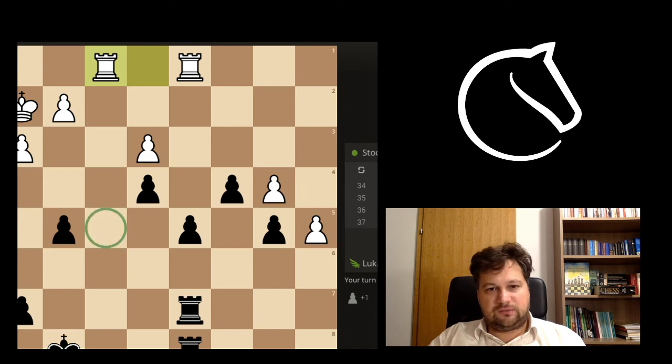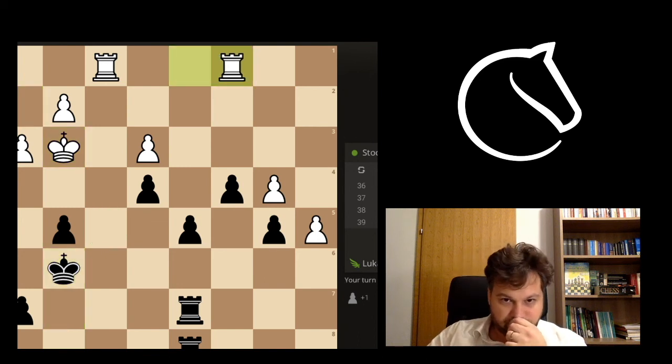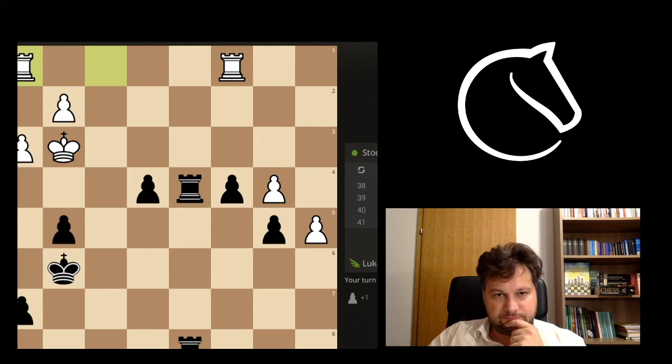I should engage my king to protect this. So I'll just activate my king. Okay, he didn't go here. Okay, so let me just stop him from going to f5. Okay, strange move. Now I can get my pawns rolling. This pawn is okay. Okay. If he plays a bunch of strange moves, maybe this is just...